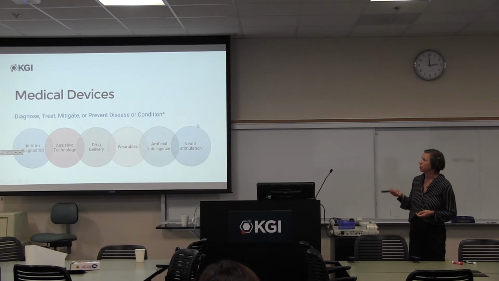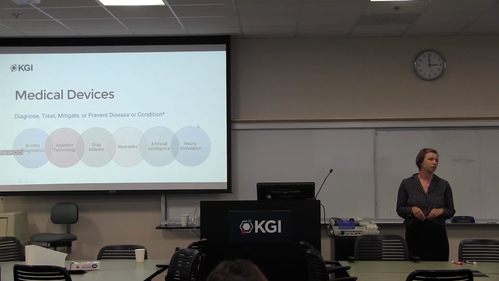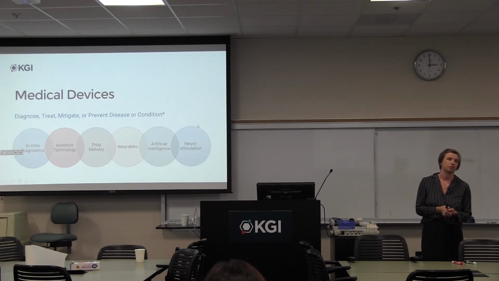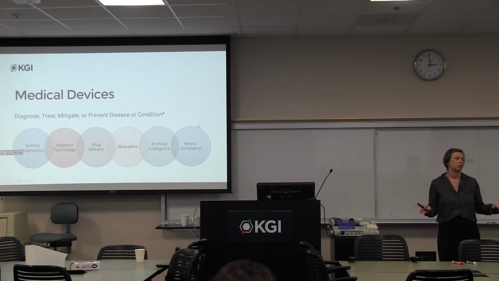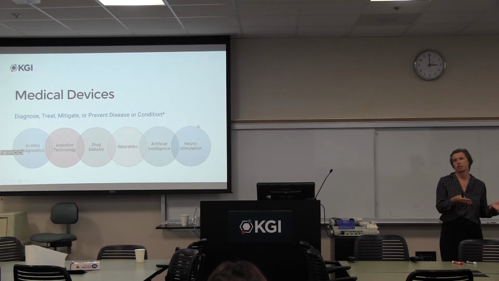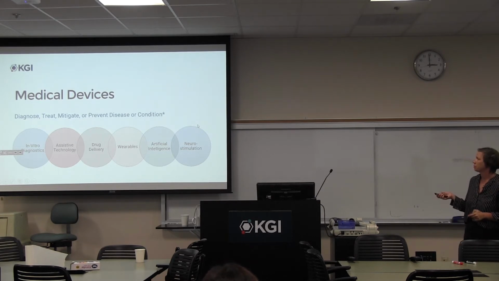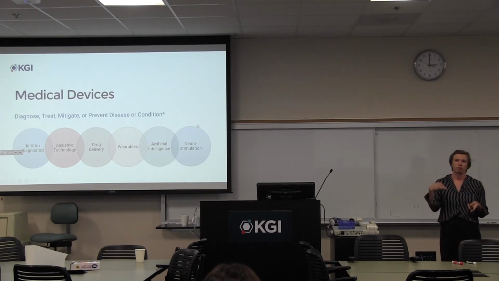And then artificial intelligence is growing very fast right now. There are a lot of uses for it, like having computers diagnose images, or look through databases to see if there's an illness in a certain region. And then neurostimulation is all the devices that intersect your central nervous system to either create movement or input data.